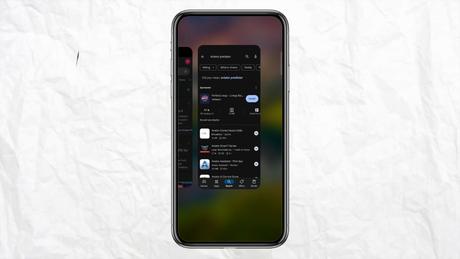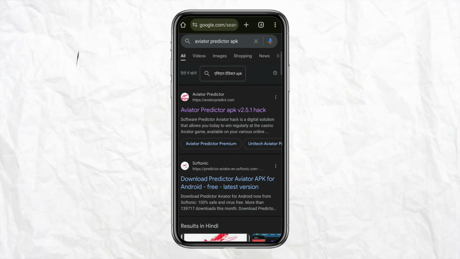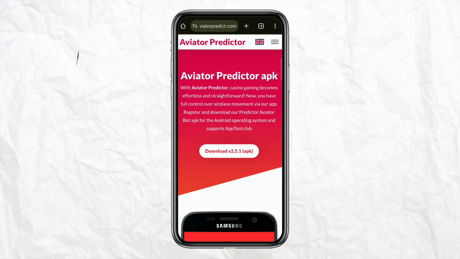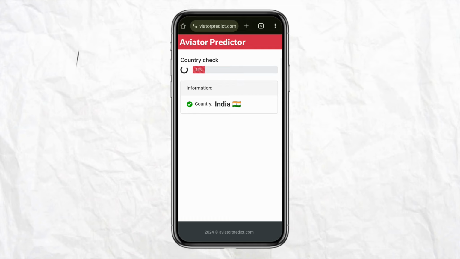Play Store. So for that you have to come to your Chrome browser, and over here on the search bar just simply search for Aviator Predictor APK, and you will be able to get the result. Click on the first link that you will see on the top, and from there click on download v2.5.1 APK, and now your Aviator Predictor app has started downloading, and now it will check